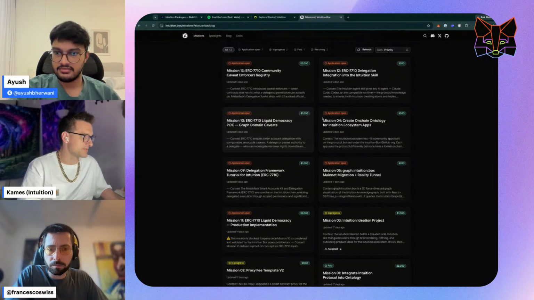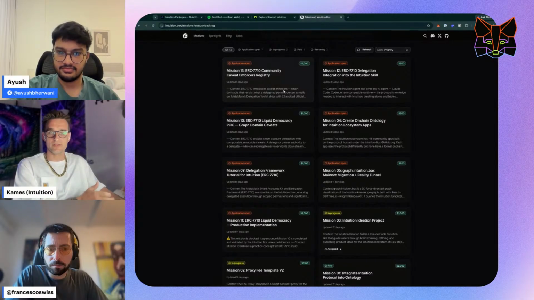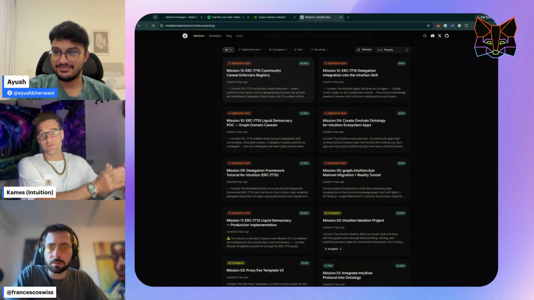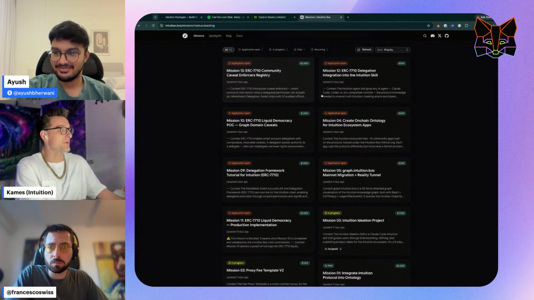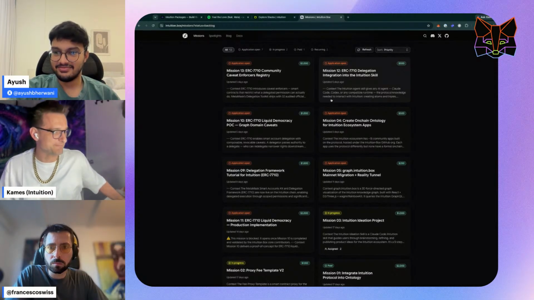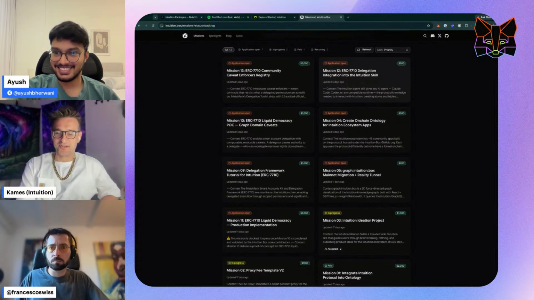My favorite, I think, is one that I definitely want to see: the community caveat enforcers. Relatively simple, but we would love to see it. It's something I've wanted for years, and that's always been a problem. Intuition is a great spot for it. If someone wants to build a beautiful UI and user experience, I think that's probably the most important part. But anyways, pick any of the missions. They're all good. Maybe do you want to add anything? Put any other flavor on it?